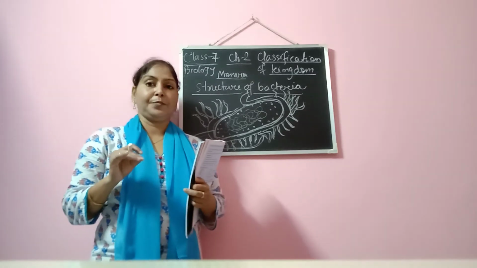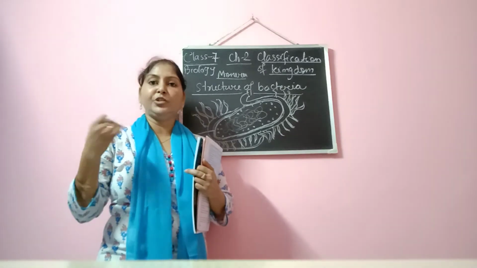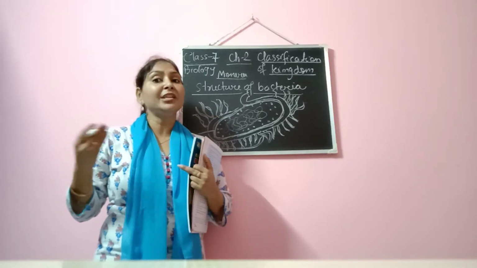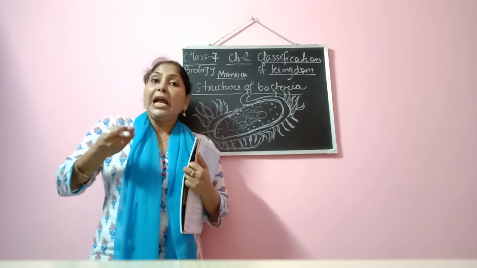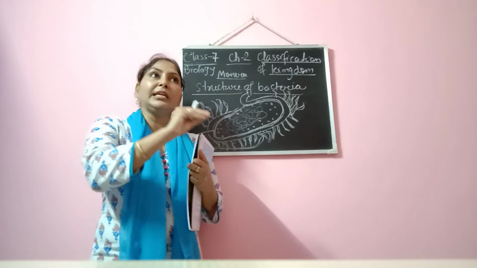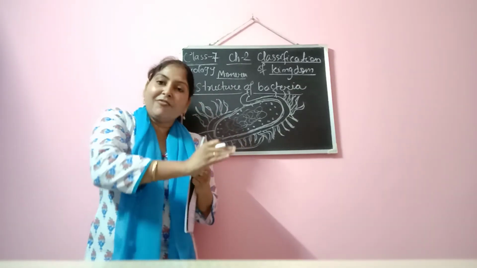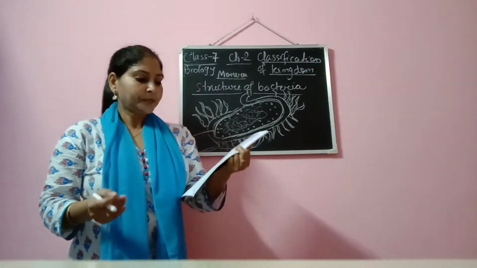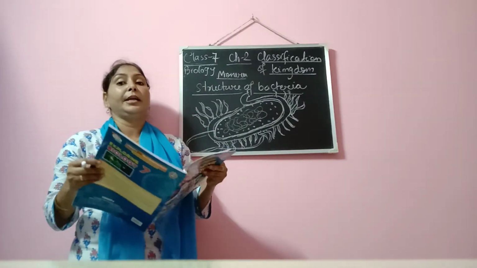Now, what is a vaccine? You see, vaccines contain certain antigens which are injected in our body in order to develop the immune system. That means it develops a kind of system which helps to fight against a particular kind of disease. Either it will kill the bacteria which cause the disease, or it will inhibit its function to cause the disease. Okay, so that is a vaccine. So these bacteria are also helpful in preparing medicines.